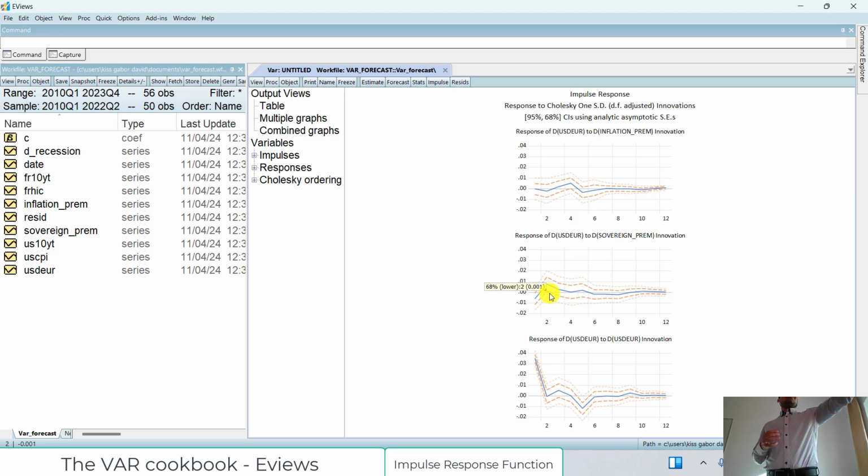So they don't care even about the 95% confidence intervals, because obviously this way is way easier to achieve significance, because the band is narrower. Why 68%? Because this is one standard error away, not two standard errors. Two standard errors are the 95% confidence interval. One standard error is just the